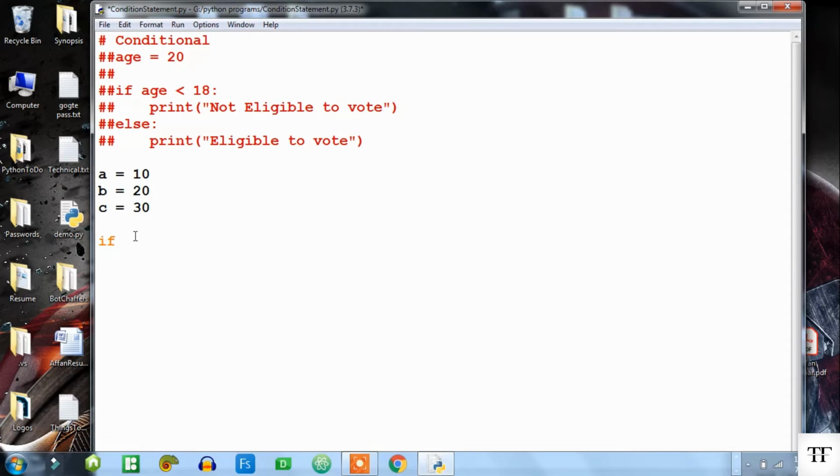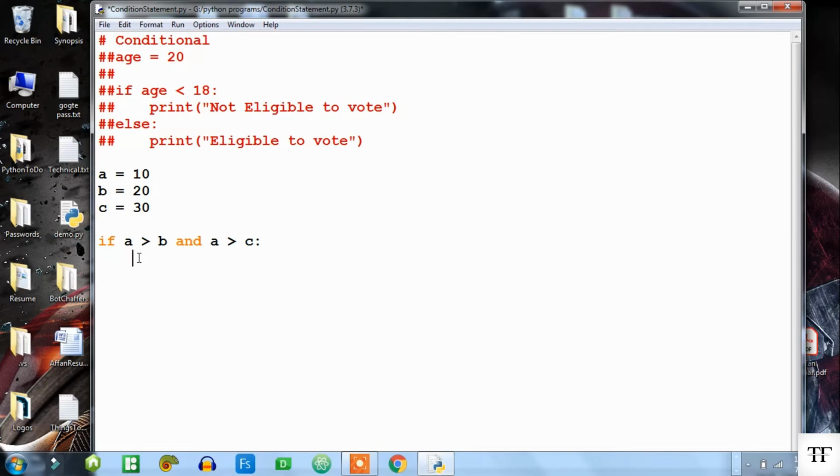So first let me say A. If A is greater than B and A is greater than C, what this will do is it will check both of these conditions. It will check if A is greater than B, as well as one more condition, A greater than C. If both of these conditions are true, then only this statement block will be executed.